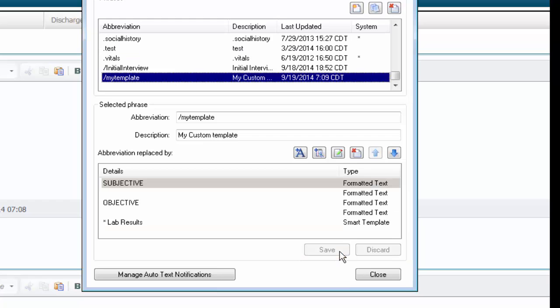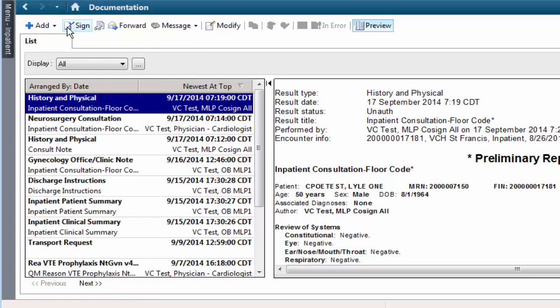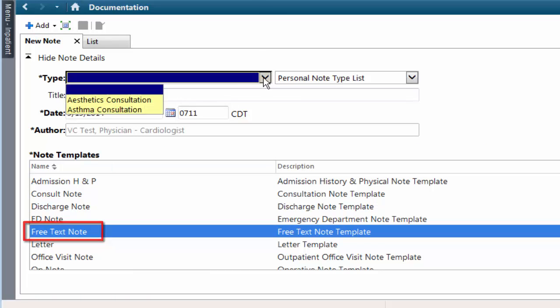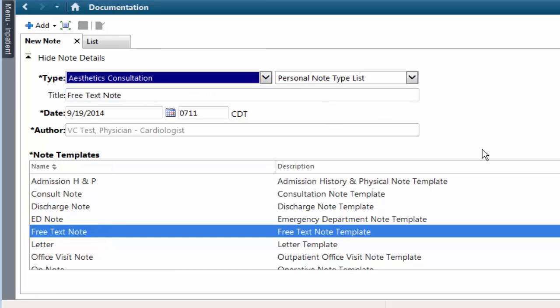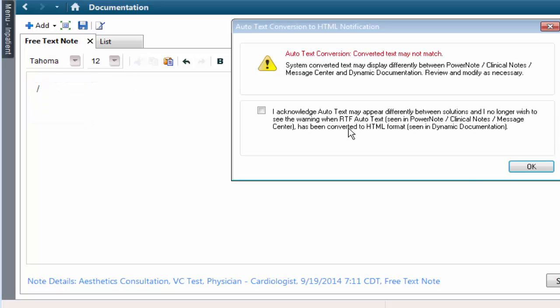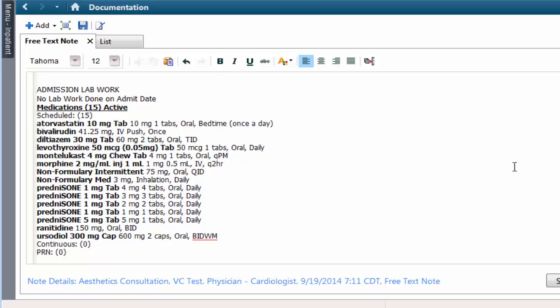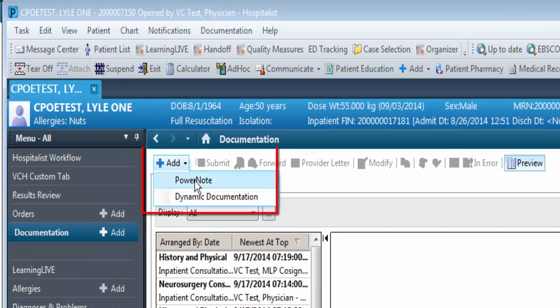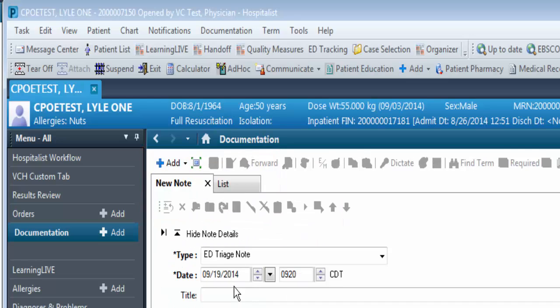In order to create this note in dynamic documentation, you would open the free text note template, and in the free text field, click your abbreviation, put your /my, double click, and then it will populate. This is a quick way to create a template that meets your specific needs for such things as consults or routine visits with patients. If you use Power Notes for your documentation, there are a couple of shortcuts to speed